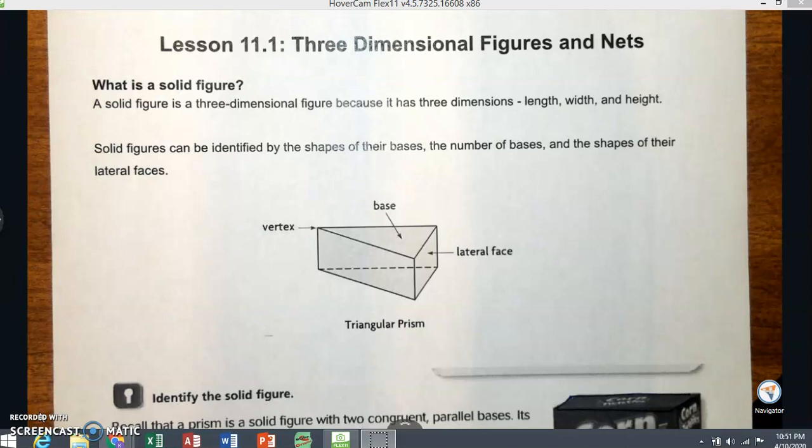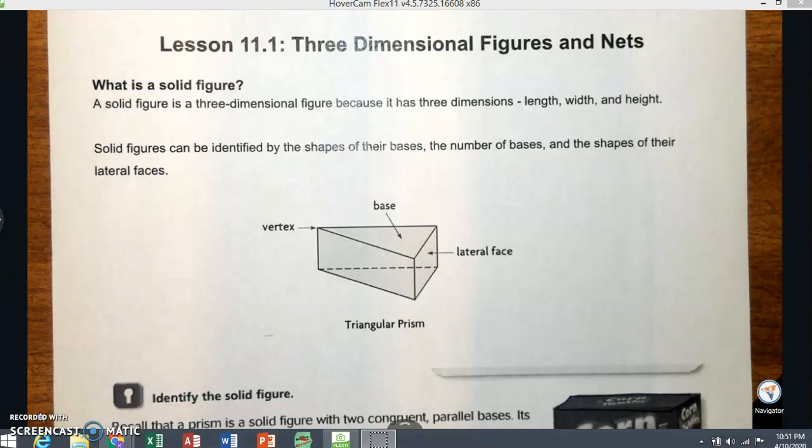Just like when you go to a 3D movie, it kind of projects out. When you have that third dimension, you get more depth. When we think of 2D, you think of a sheet of paper, which has length and width, but it doesn't have the height. Solid figures can be identified by the shapes of their bases, the number of bases, and the